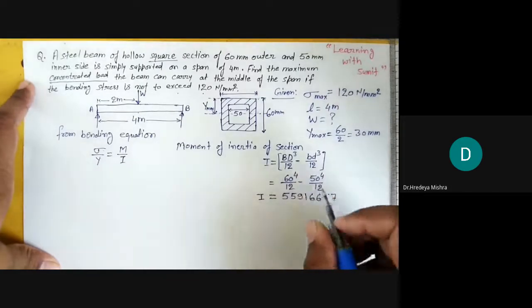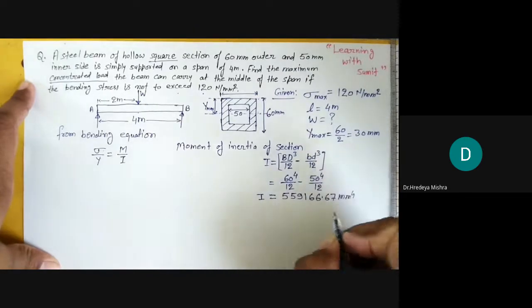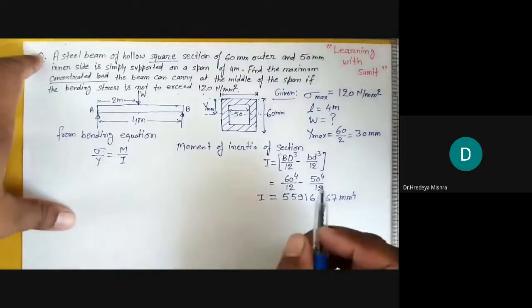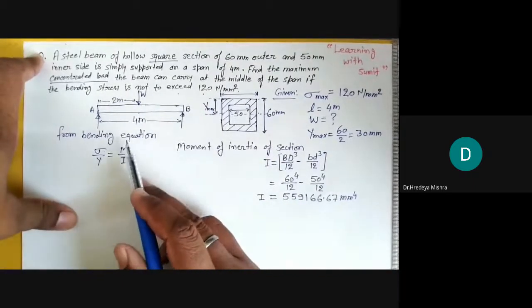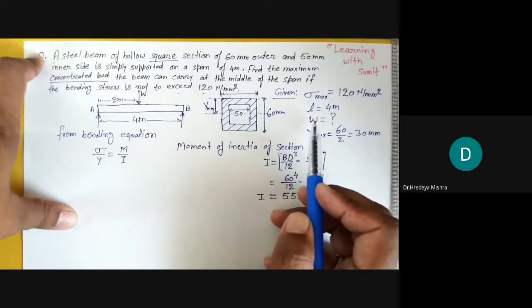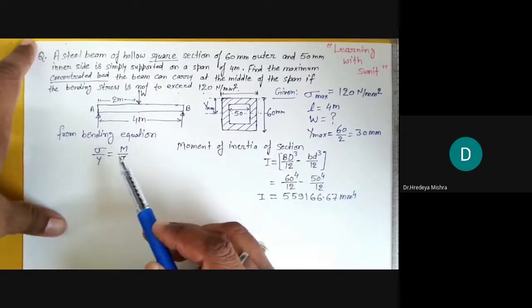5591.6667। सभी डायमेंशंस mm में हैं तो यूनिट हो जाएगी mm⁴। तो ये आ गया मोमेंट ऑफ इनर्शिया। तो y पता है, I पता है, σ भी नोन है। हमें M नहीं फाइंड करना है, हमें फाइंड करना है कंसंट्रेटेड लोड W कितना होगा। तो इस W को फाइंड करने के लिए हमें M देखना पड़ेगा कितना होगा।